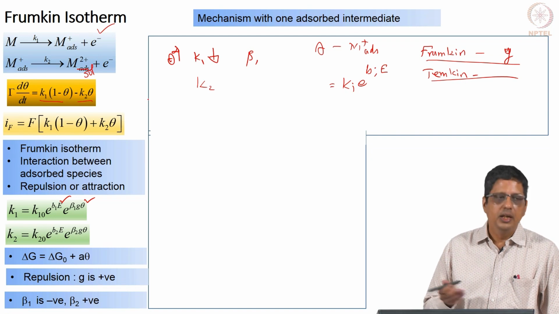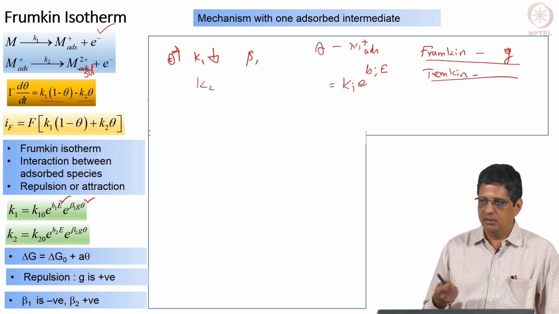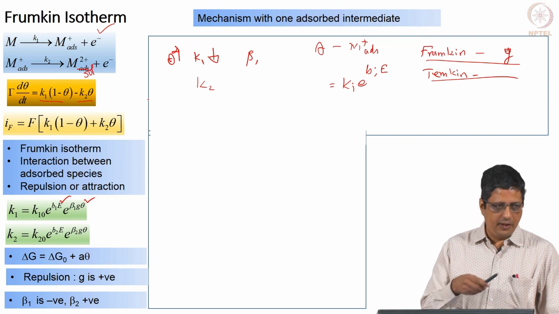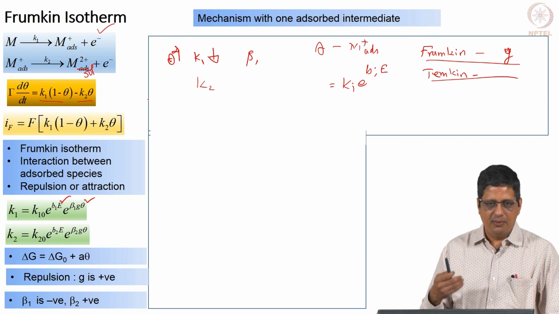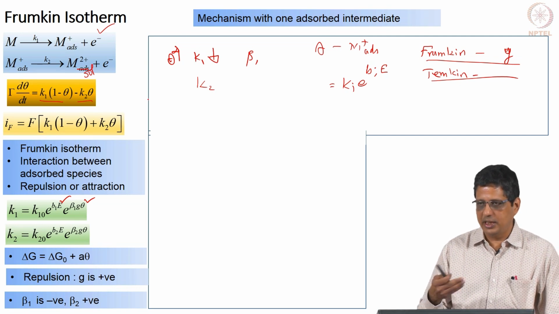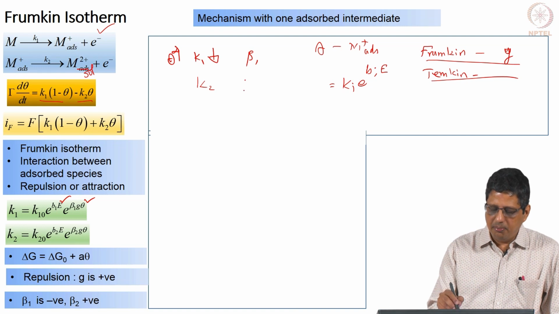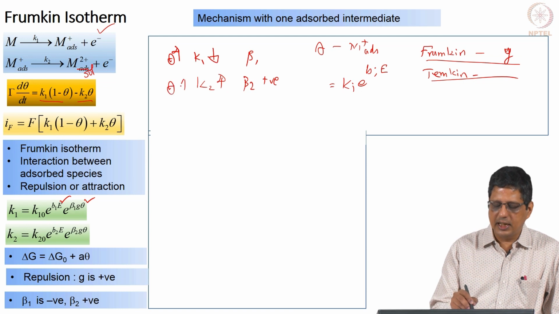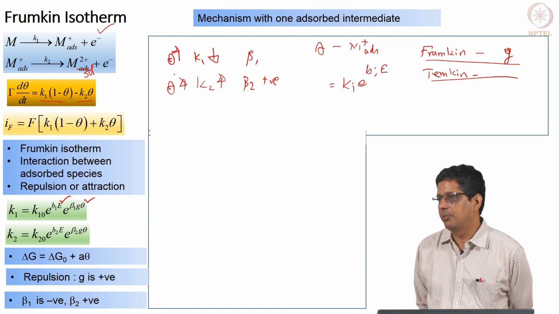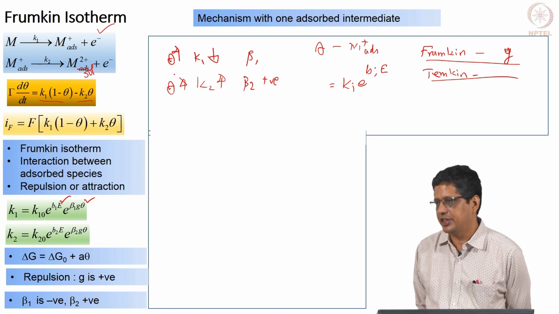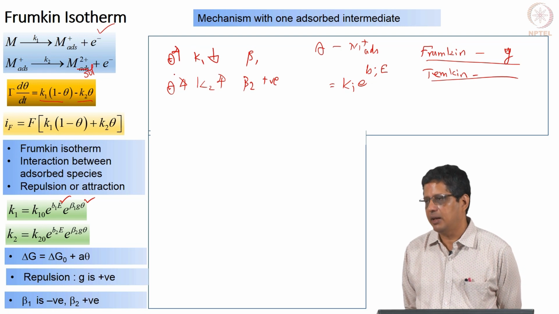Does it make sense? It is like this. Now, you are going there, you do not like each other, anyway you eat lunch, you want to finish and go off quickly. And if it is more or less full, you do not like each other, you are thinking whether to go in or not when you are outside. So, the first step is going to be slower if it is full, the second step is going to be faster if it is full. Therefore, beta 2 is going to be positive because k2 increases when theta is high. g is the Frumkin parameter. If g is negative, it basically means attraction. When g is 0, it simplifies to the Langmuir isotherm.